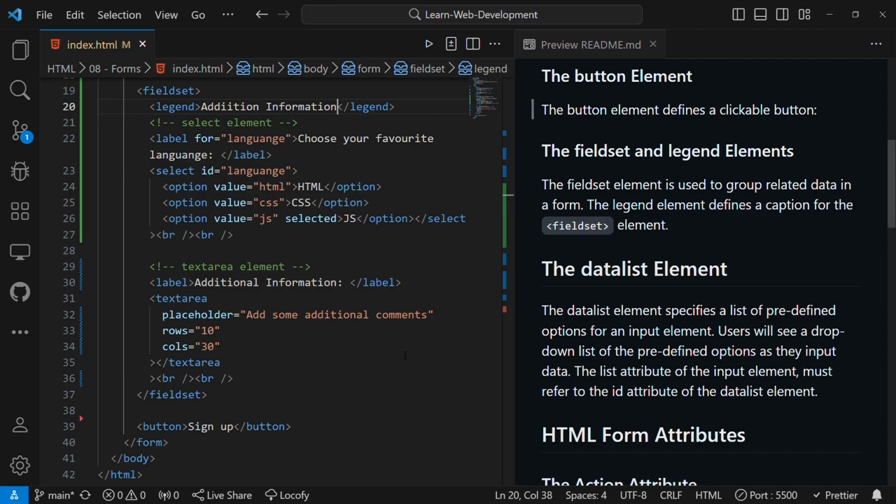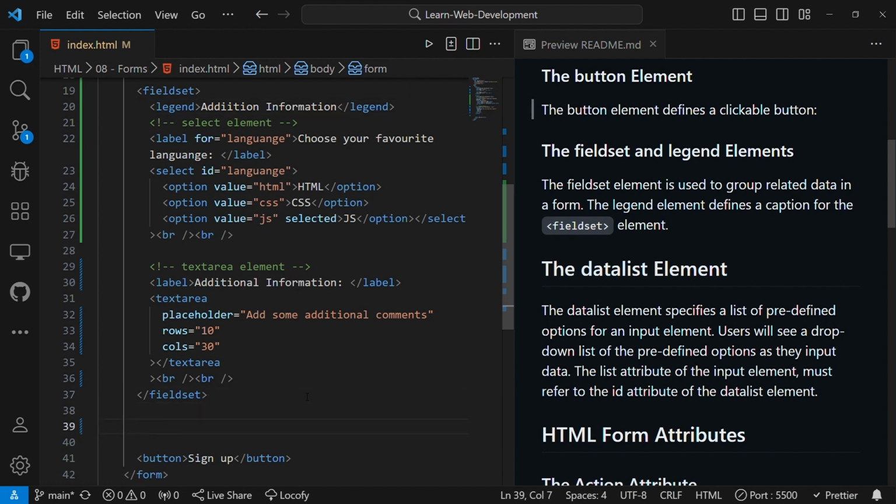The next element is the datalist element. The datalist element is similar to the select element, but there's a little difference. You will see the difference here. The datalist element specifies a list of predefined options for an input element, and the users will see a drop-down list of the predefined options as they input data. So let us say this is the datalist element,